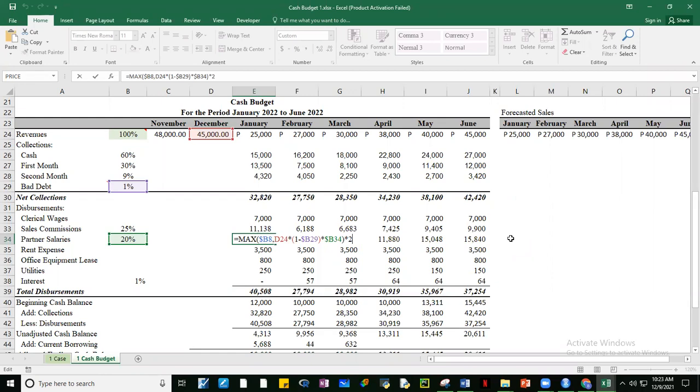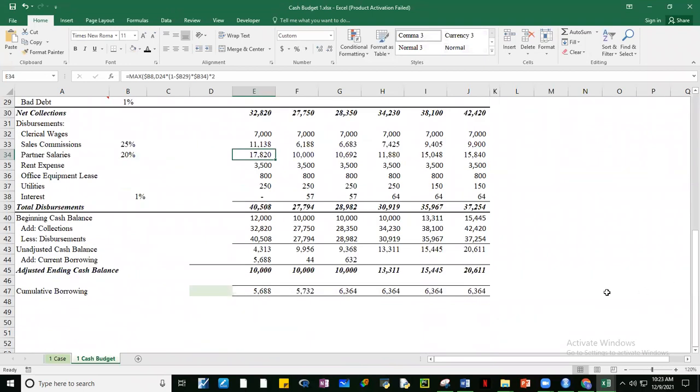All right. Any other questions, guys? Sige, paki-chat nga, guys, kung umabot kayo dito. If you have these values. So ang pinakamalaking borrowing sa January. Tapos nung February konti na lang. And then March meron pa rin. Pero nung April, May, June, wala nang borrowing. Kasi sobra na yung unadjusted cash balance natin, more than 10,000 na. So no more need to borrow.